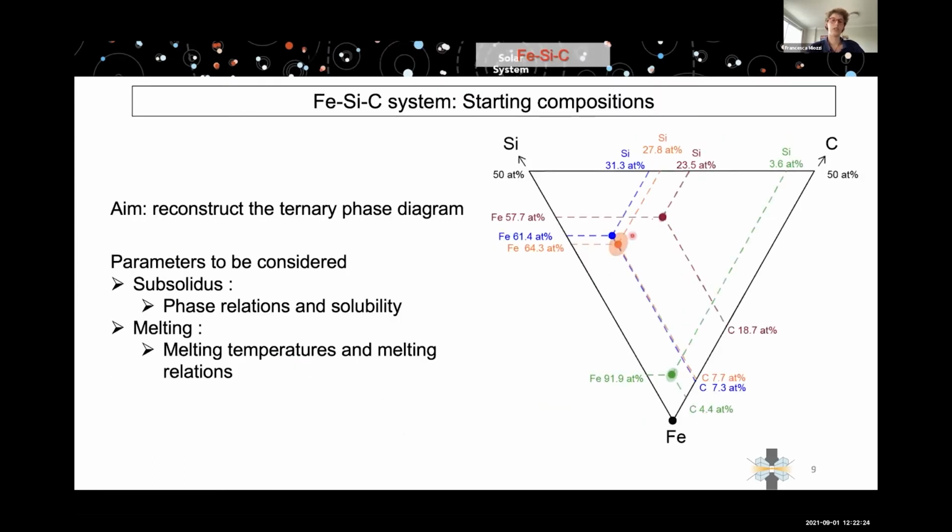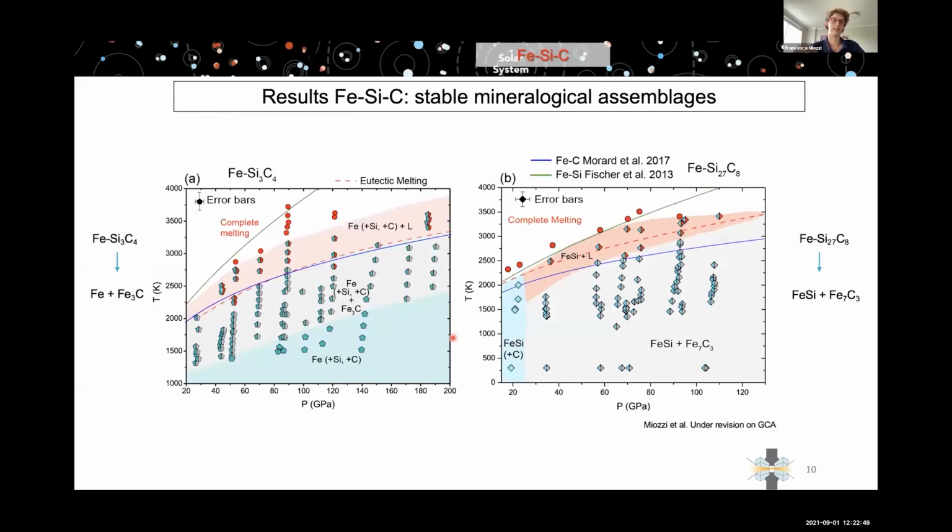We then moved to the ternary system. And in this case, we wanted to explore the iron-rich side of the ternary phase diagram. So we are looking at the iron-rich corner. The aim was to determine which are the stable phases, what are their properties, how they interact and react with each other, and possibly the melting temperature and melting relations. I'm going to present the results now as temperature over pressure figures